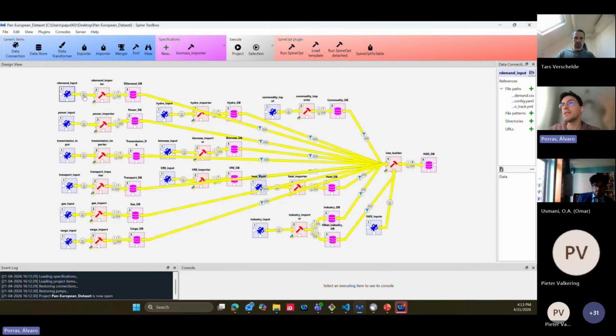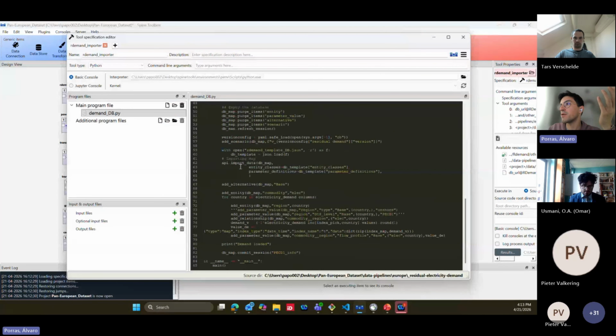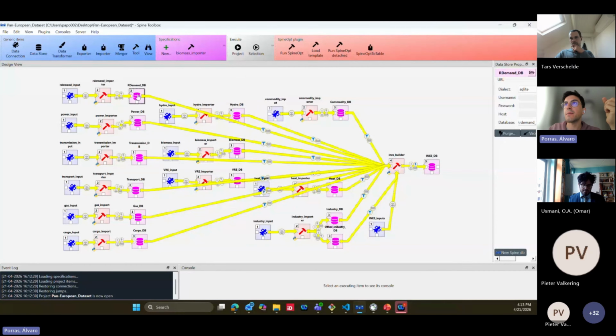So what is this Python tool that we have here doing? If you open this tool, you will see that this is a Python script. It's reading the raw data, processing the data, transforming the data, and loading the data into this database.